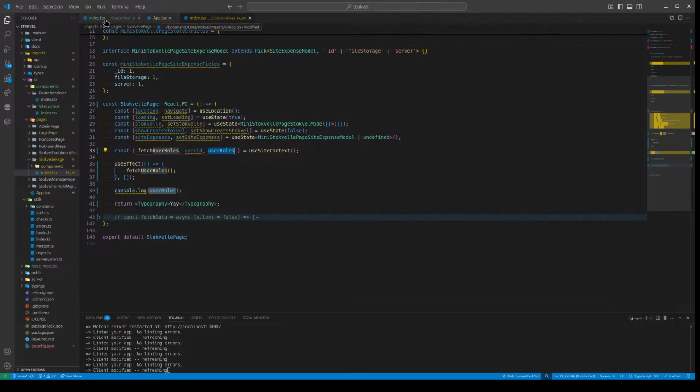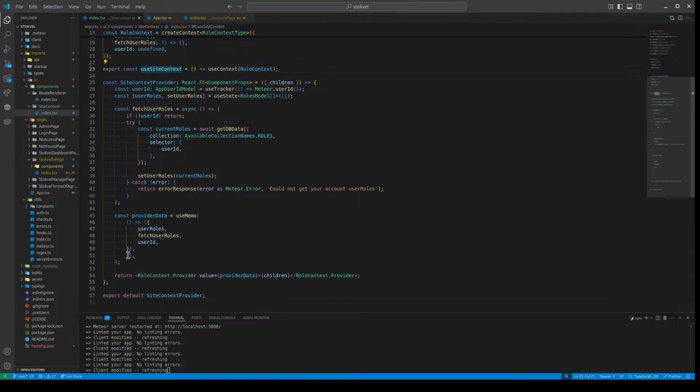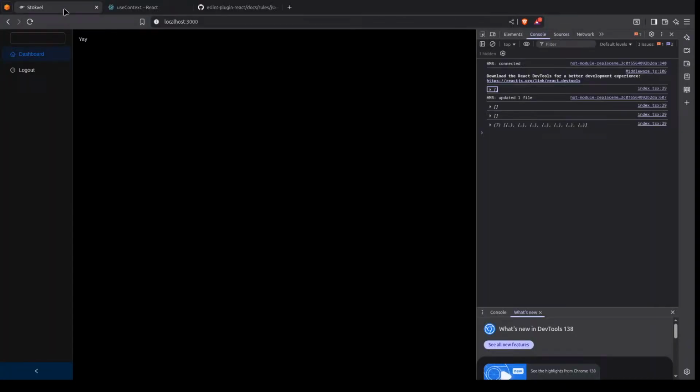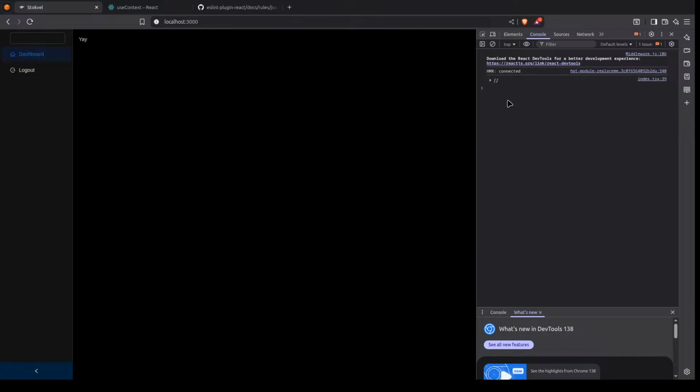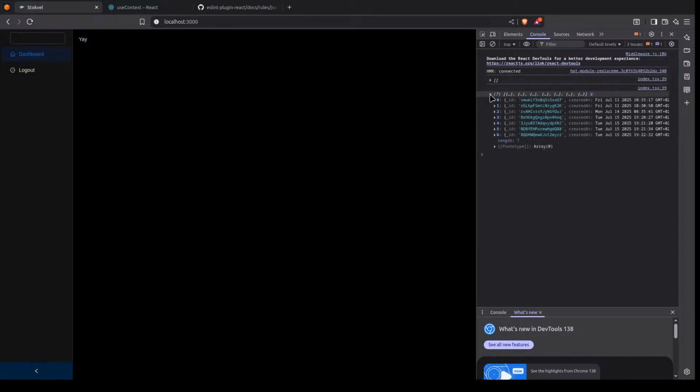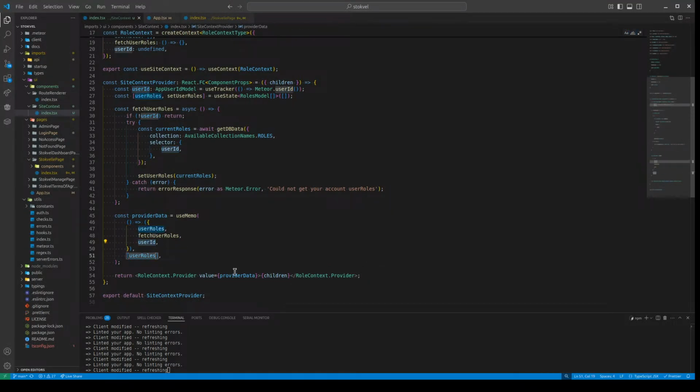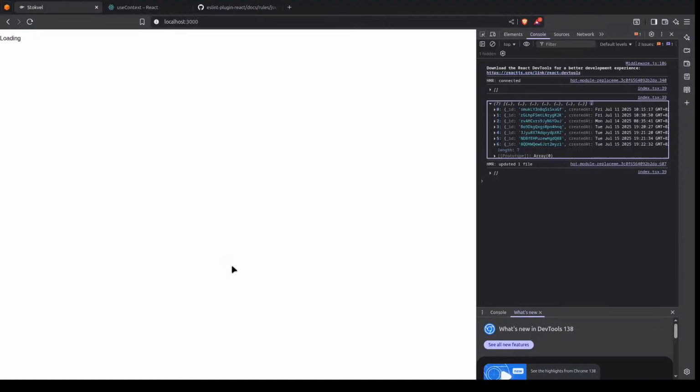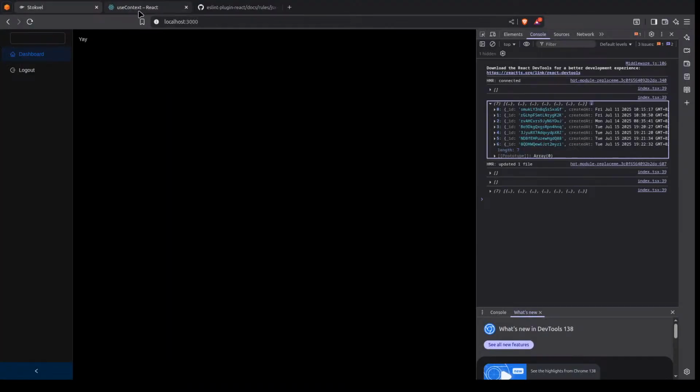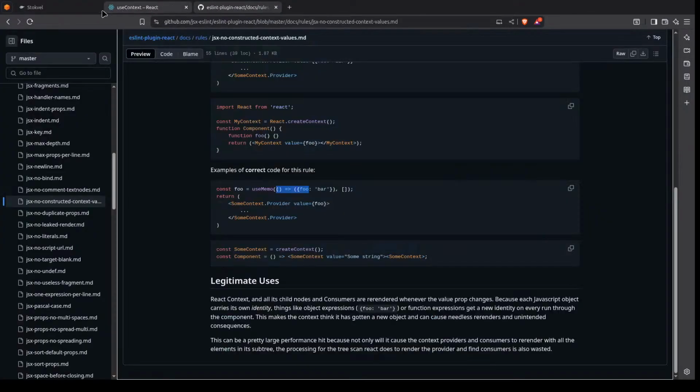Could it be it's because of this memo here, where user roles should actually be thrown in here? Otherwise, it won't work properly. Yeah, look at that. I think that was the issue. Yeah, there we go. That would mean user ID will also need to be thrown in here. Let's see how that works. But again,